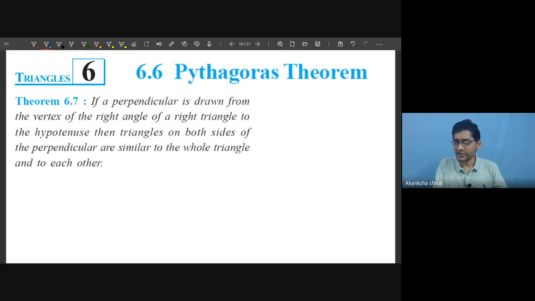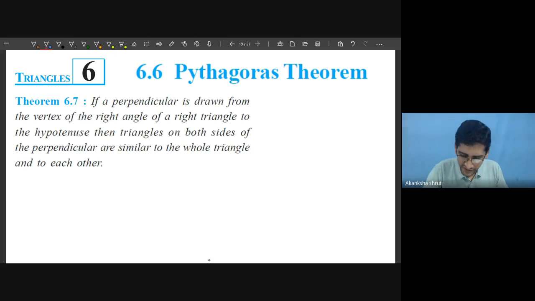But before going to the Pythagoras Theorem, we shall understand the included concept called ratio of area of two similar triangles, and the two similar triangles formed by joining the vertex or right vertex of a right angle triangle to the hypotenuse. I mean, drawing a perpendicular from the vertex of a right angle triangle to its hypotenuse, then two similar triangles are formed. So how are they similar? Those things. So first we shall start with